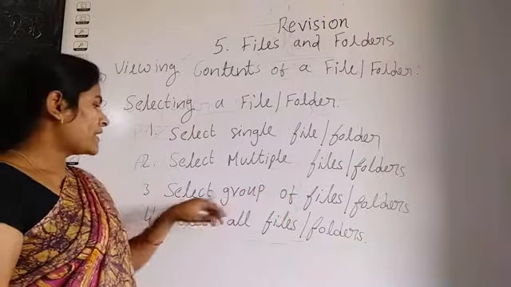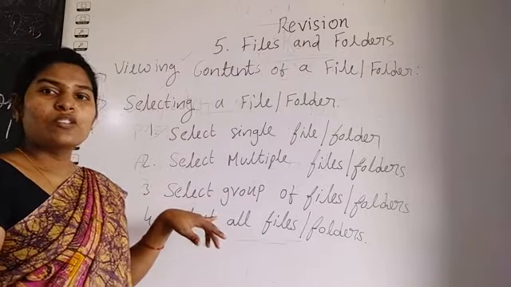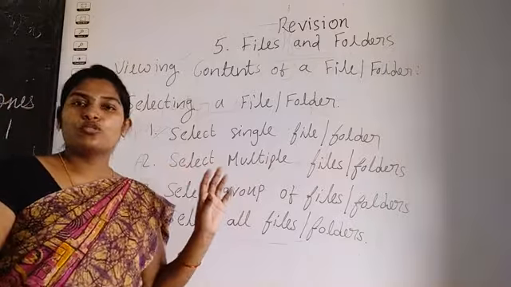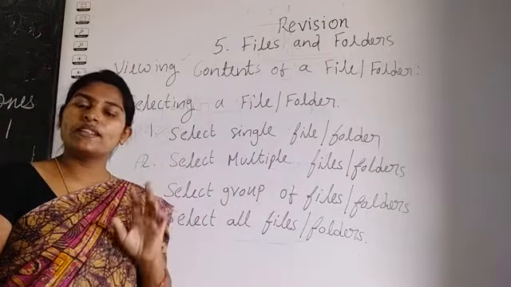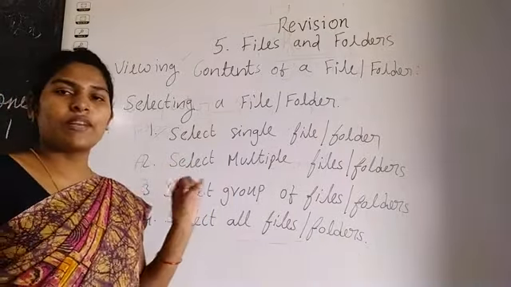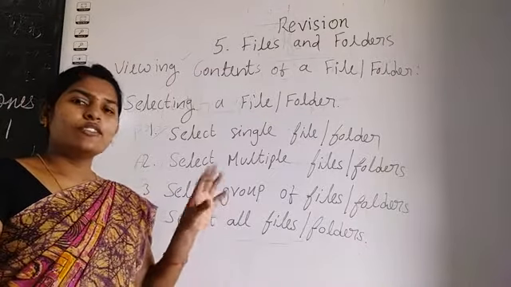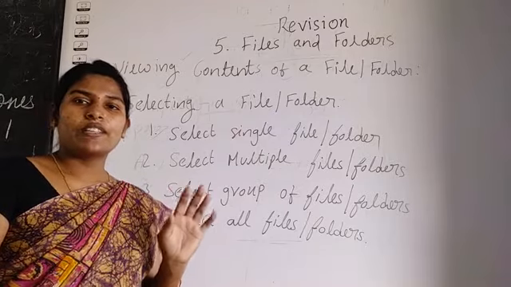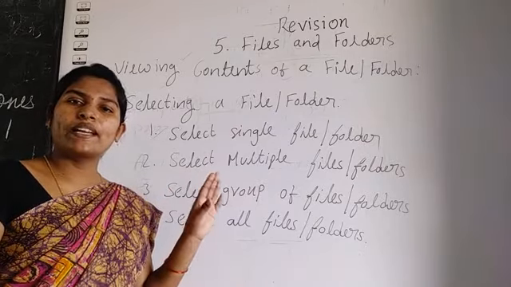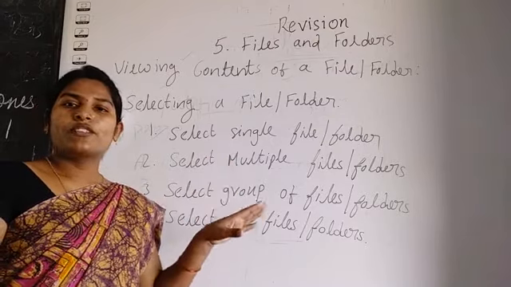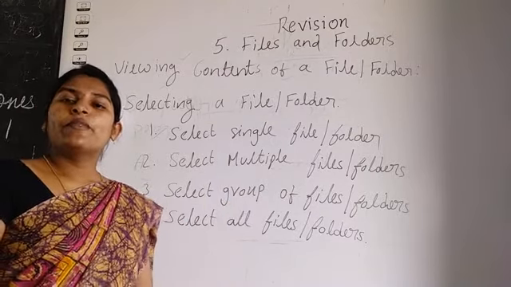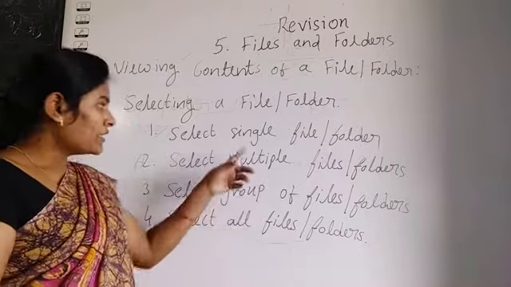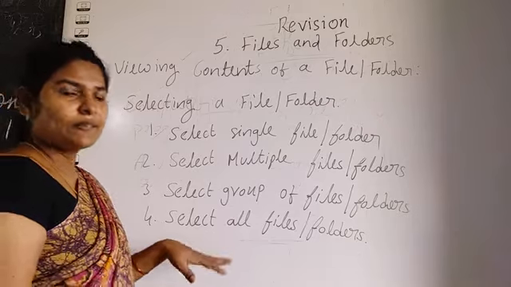And next one is select a group of files. One group you want to select. To open files and folders, all of you know, that's the same process. Open File Explorer. From the content pane, any one folder, and you can see the files and folders from the navigation pane, any file or folder you can click. That files and folders you can see in the content pane. From there till their process is same. From there only we have just little changes.